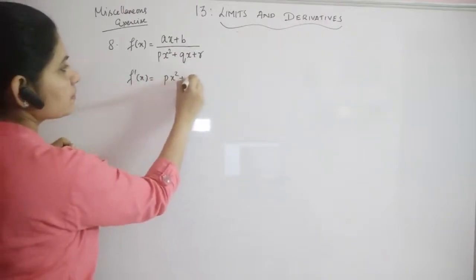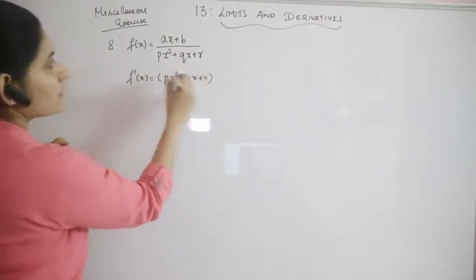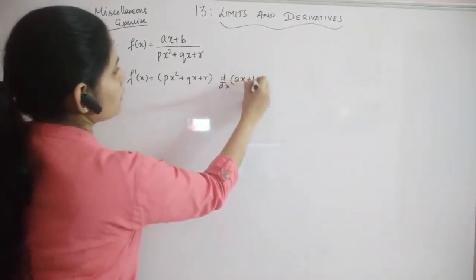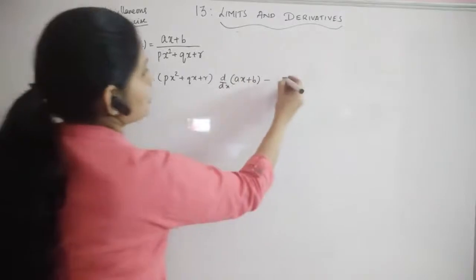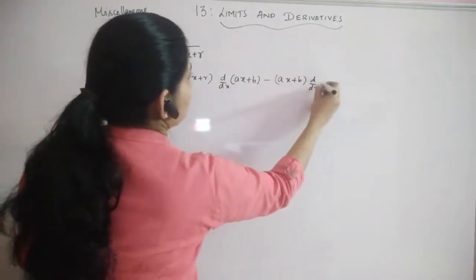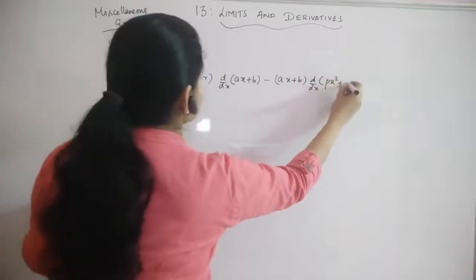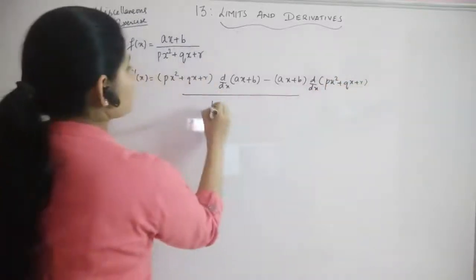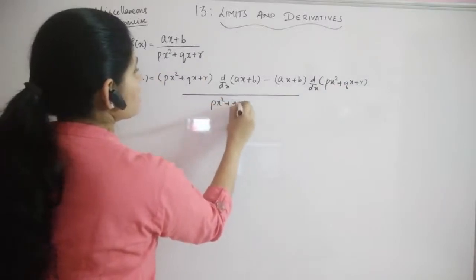Denominator into derivative of numerator, minus numerator into derivative of denominator, divided by denominator square,